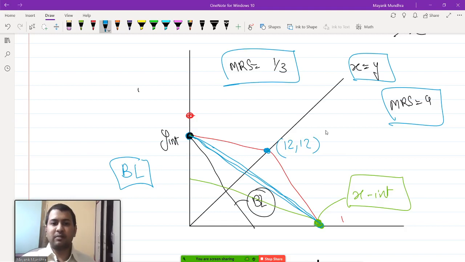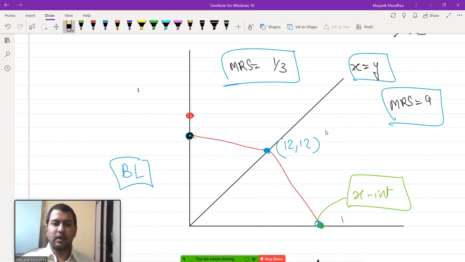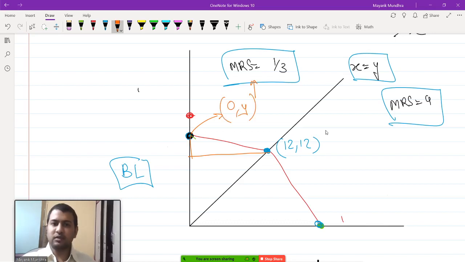So with MRS 1 by 3, I want to find what is going to be the y intercept and the x intercept. That is what I need. So the y intercept, since MRS is 1 by 3, I need this point to be of the format 0 comma y. I need to find this y. Okay, so I know that